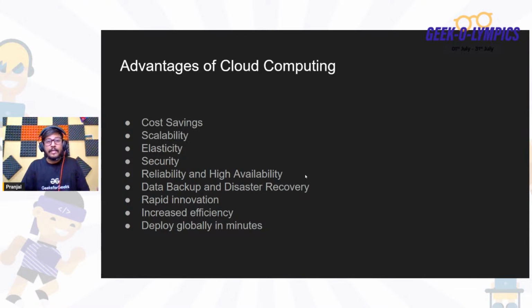Then the other point is rapid innovation. What does rapid innovation mean? Today we have ChatGPT, we have Google Bard, and so many other AI tools out there. The list goes on and on, we cannot count it. It is something happening each and every day. And new technologies, whether in AI or machine learning, or data science, or container orchestration, could be anything. So innovation is happening all the time.